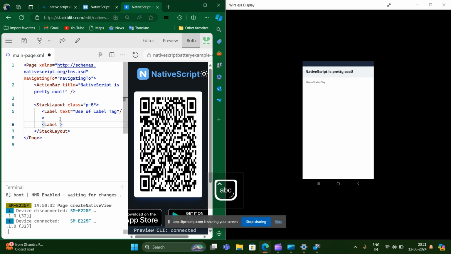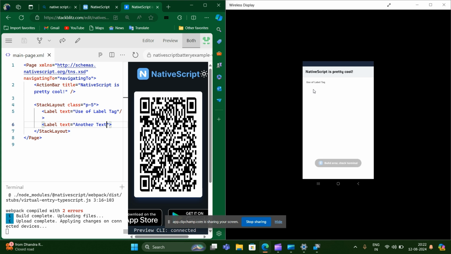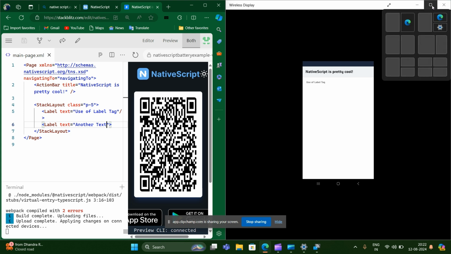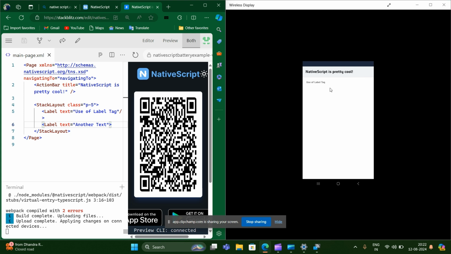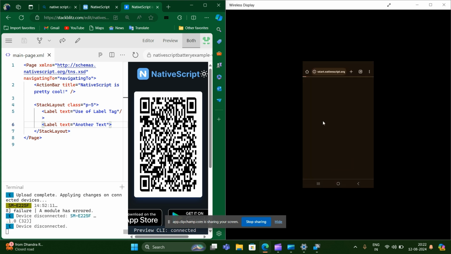You have to use the text property, and inside the text property, you have to write the text you want to add. Like suppose another text, I am here writing another text. When I press Ctrl S, it will fork. You can see here the text will appear. You can see it is refreshing now.